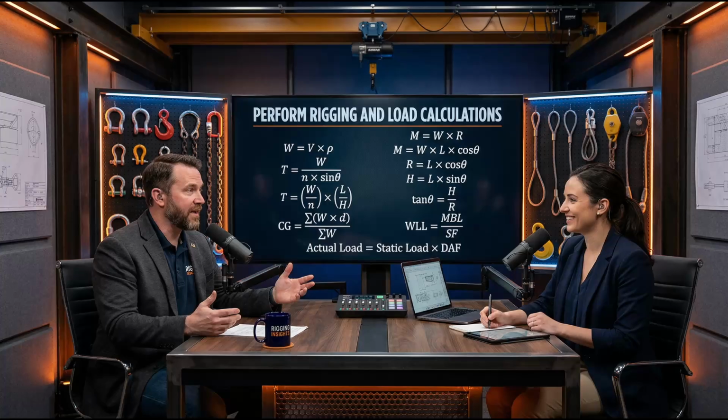We use the seatbelt effect to conceptualize dynamic force in our everyday lives. It's the best way to understand it. When you are sitting in your car waiting at a red light, your body exerts a static load on the seat. If you weigh 150 pounds, you are pressing 150 pounds of force downward. Just resting. But the moment you accelerate to 60 miles an hour and suddenly slam on the brakes, your body